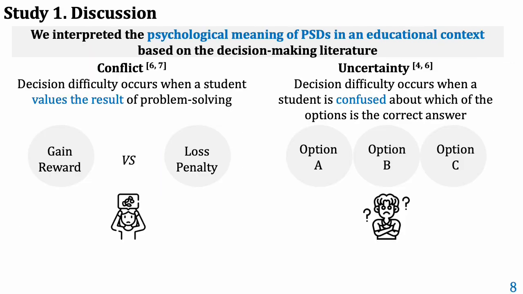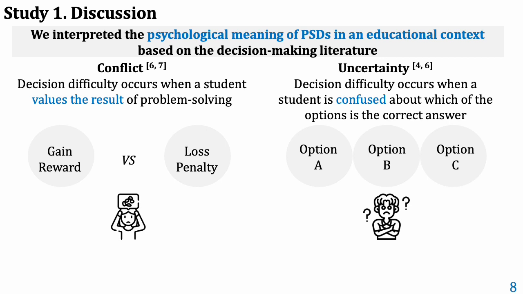We could infer the psychological meaning of PSDs based on the decision-making literature. Decision conflict is known to occur when a person concerns about the result of decision-making. Such a decision conflict arises when a reward or penalty is expected. Applying this concept to the educational context, we define the conflict that decision difficulty occurs when a student values the result of problem solving. Thus, understanding the level of conflict can provide teachers with information on how much a learner